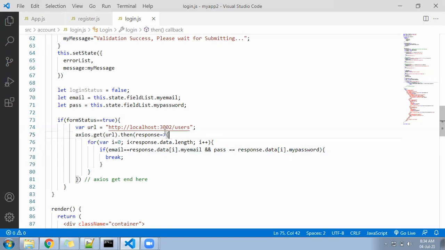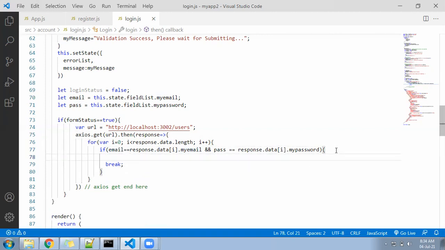We have read all the data from the JSON file, from the user object, and after that, that comes in the form of array. So we are running a loop on the array, and we are checking the given email ID is matching with the my email and my password of the JSON file. If matching, then no need to go further looping, break the statement. Okay. And before breaking the statement, what you have to do?